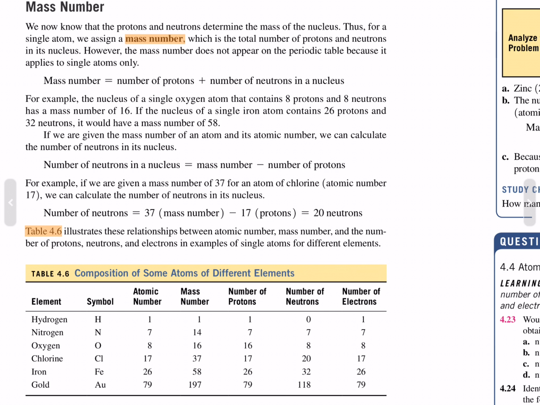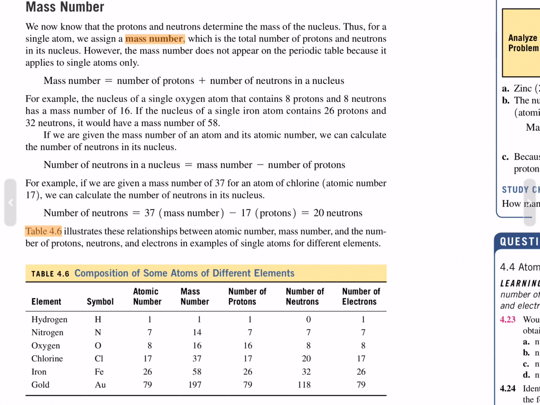For example, if we're given a mass number of 37 for an atom of chlorine, its atomic number is 17, we can calculate the number of neutrons in its nucleus. Number of neutrons equals 37, which is the mass number, minus 17, which is the protons of chlorine, and that